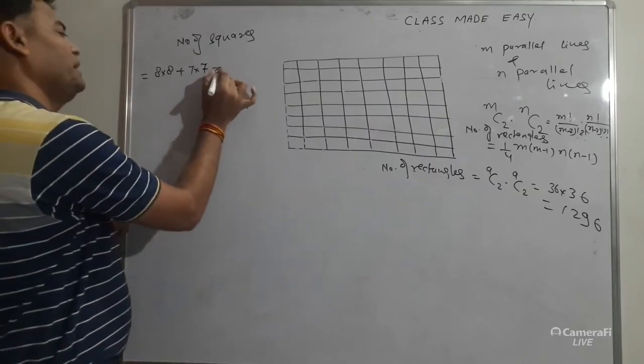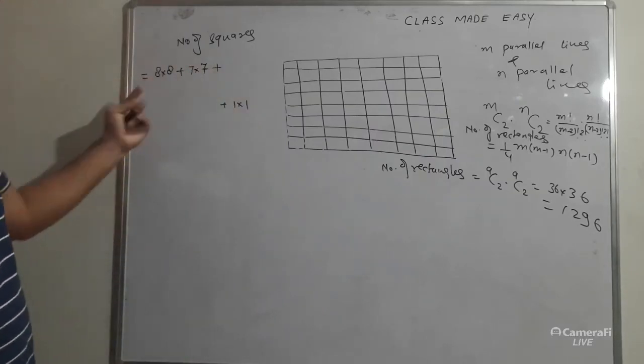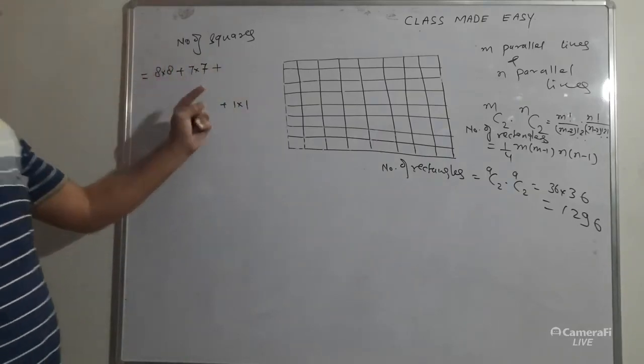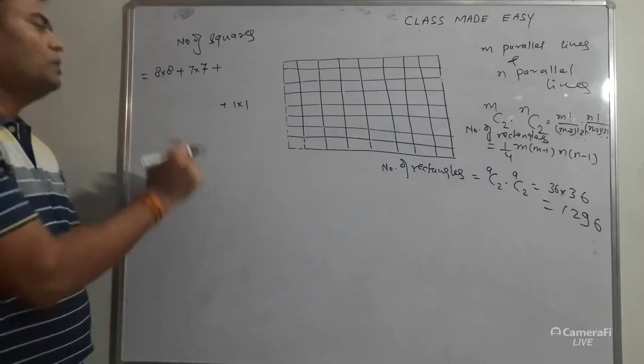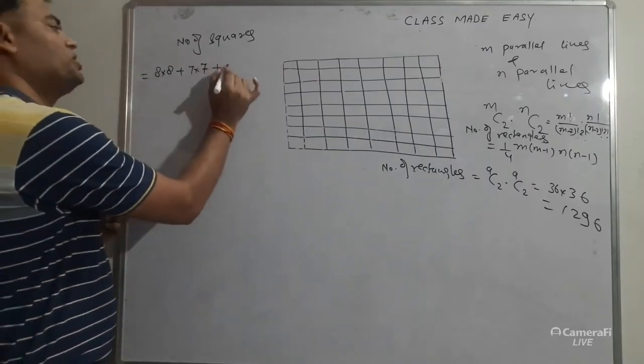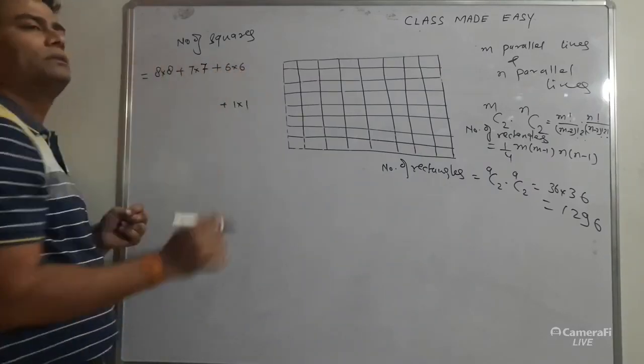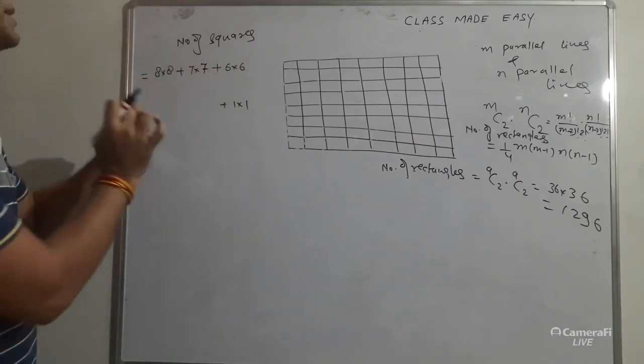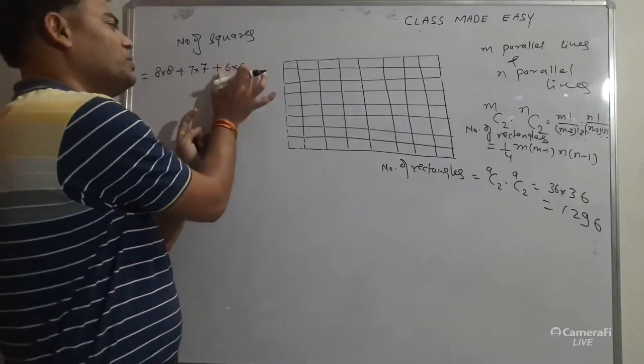Okay. Now see, we will develop a trend. 8, 8, 7, 7, and it is 1, 1. So now by common sense we can say it is 6 by 6, I think. I will explain this. I will visualize this 6 into 6.